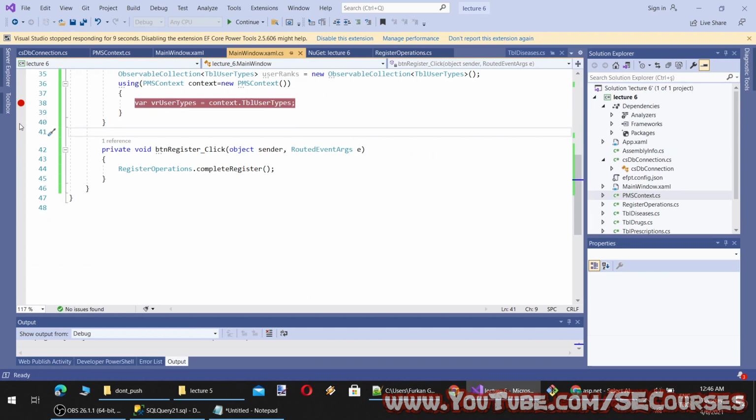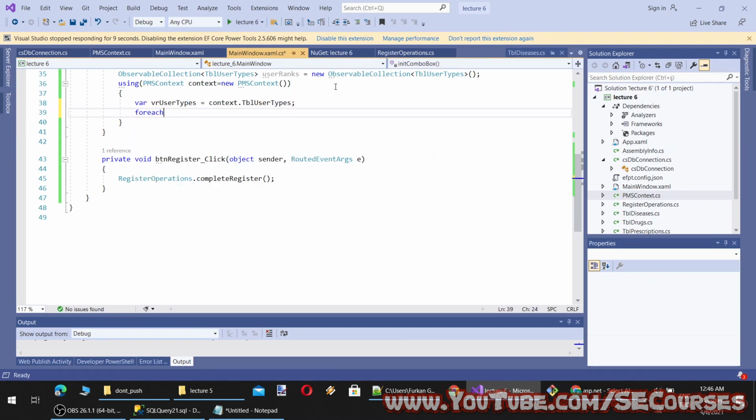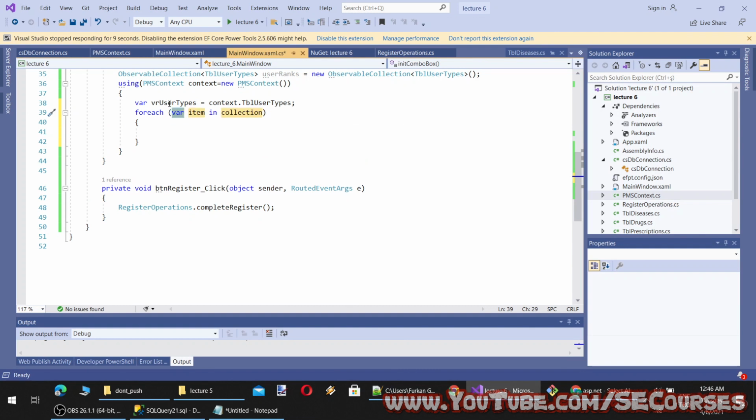Okay, so let's do a foreach inside. So this is the type of being DbSet TBL user types, and from here what do we have? And item dot.